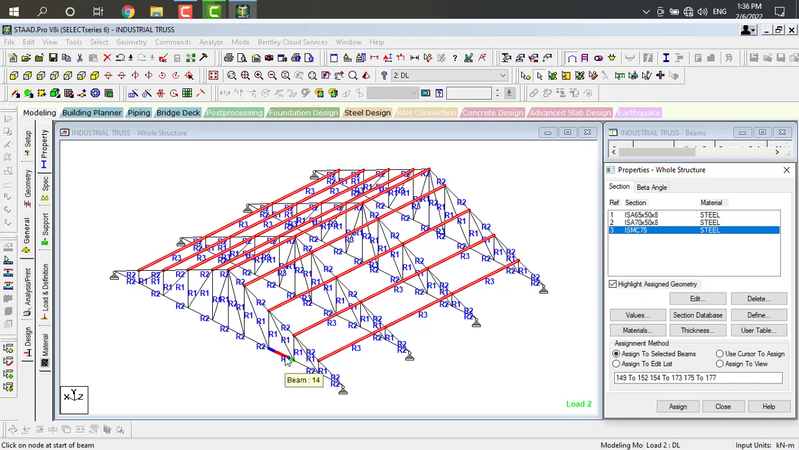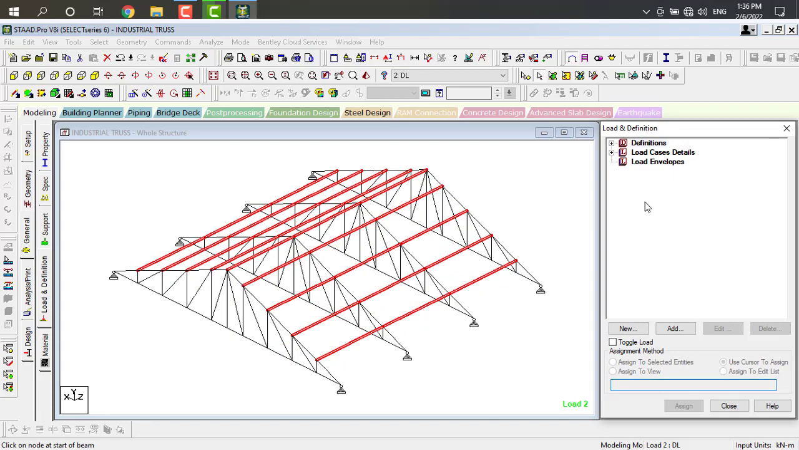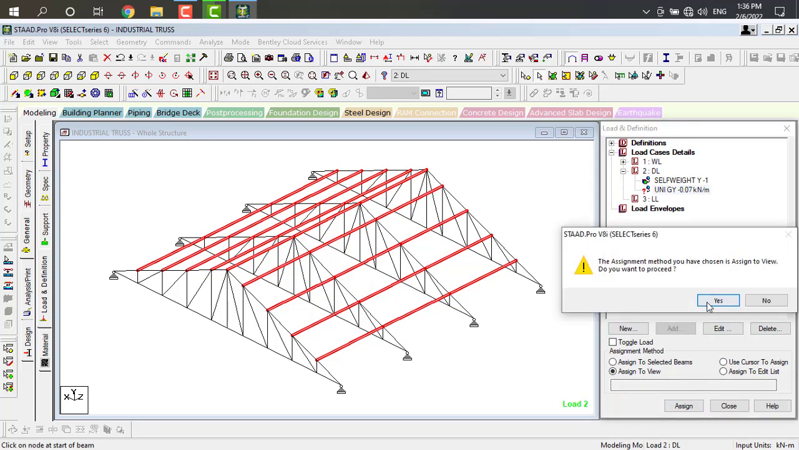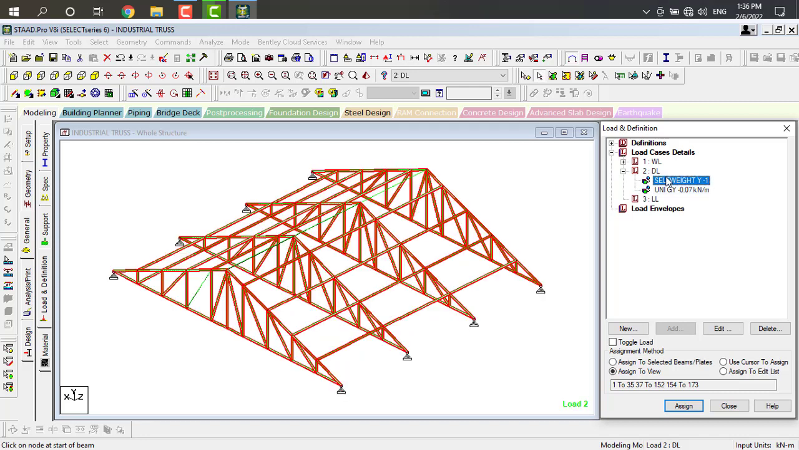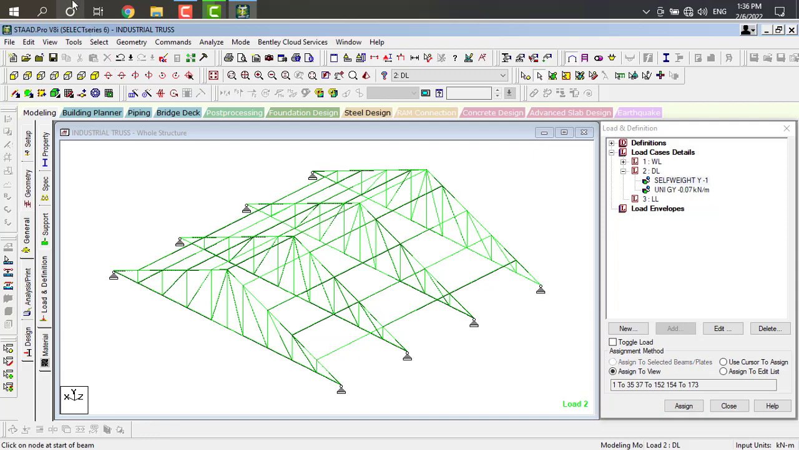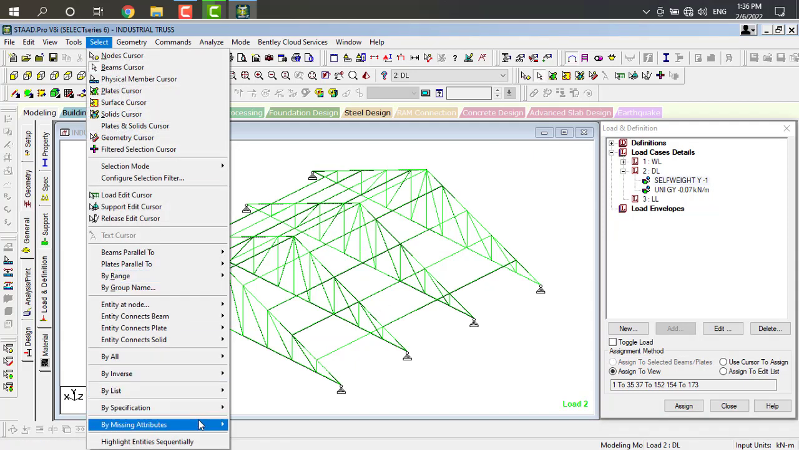In this we have to go to loads and definitions. In this go to load case details. In this we are going to get load. We have to apply this to the essential option. Click on assign and click on yes. The load will be activated on that. You can also go to select option, go to missing attributes of